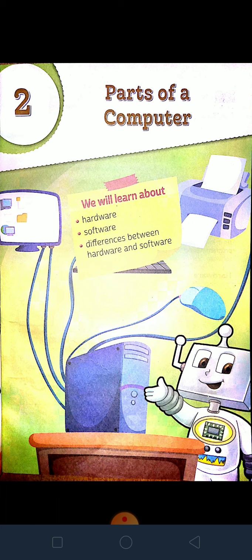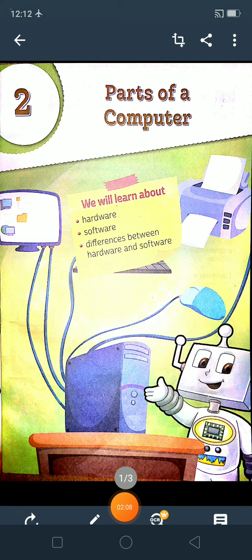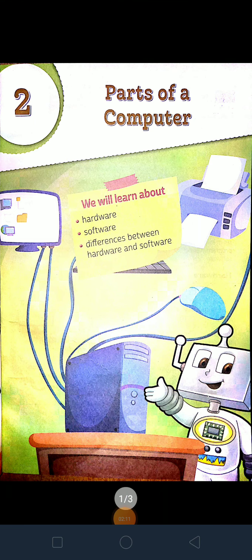Okay, children. Then we have learnt about our application software. Application software helps us to perform a specific task or specific function, like our MS Word, MS Excel, Microsoft PowerPoint, MS Paint. These all are our application software. So children, we have understood the difference between hardware and software. So, today we will discuss some big question answers of our lesson.